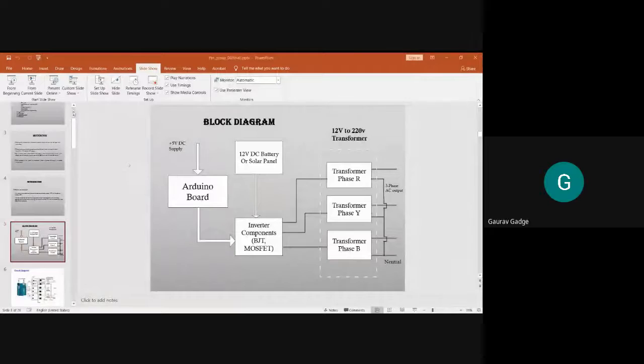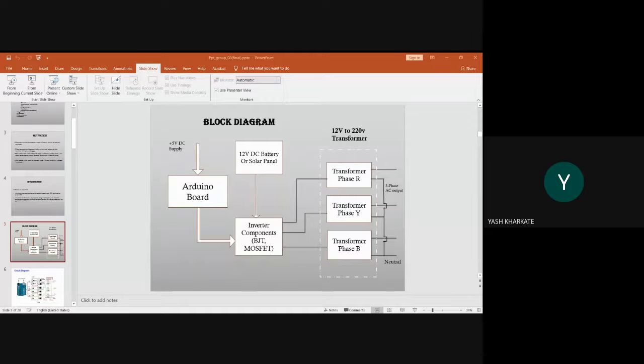Yes. Okay, so the motivation we got is that three-phase inverters have become a necessity for many medium to large-scale consumers. As an introduction, the main component of our project is the inverter. An inverter is an electrical device that converts DC current into AC. So let's move directly to the block diagram.